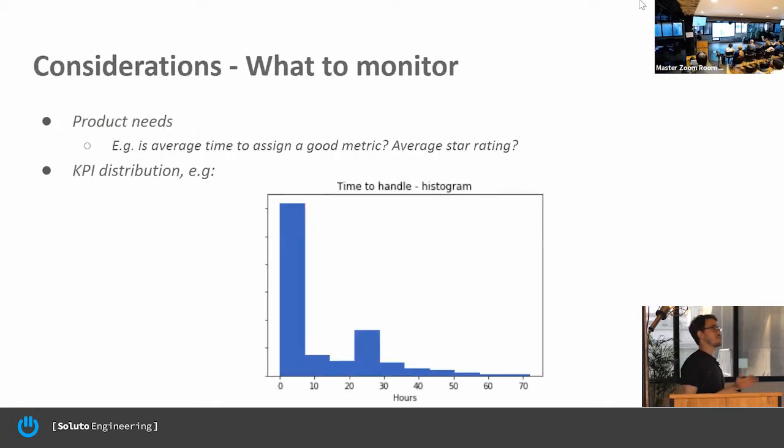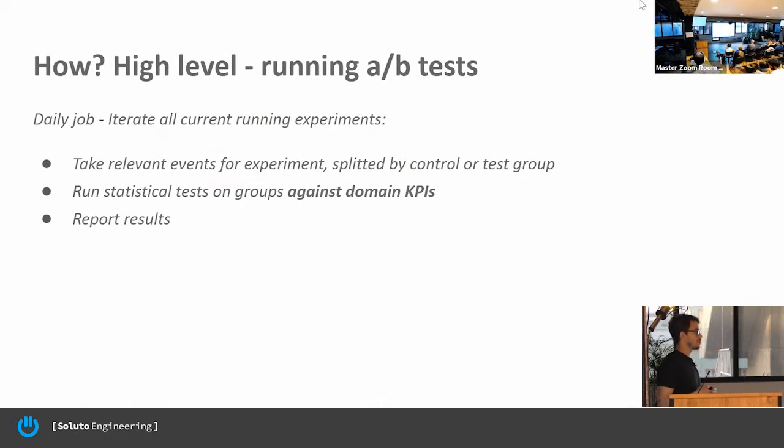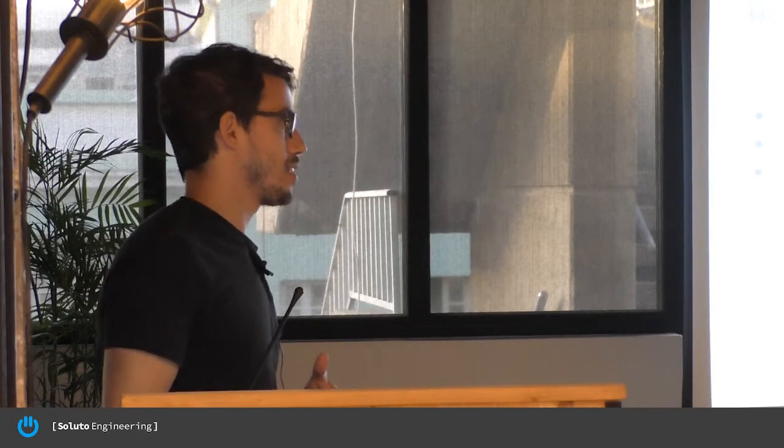Any questions so far? Are you also handling multiple experiments at the same time, or do you have enough customers? So now we are kind of avoiding this question because we don't run too many experiments. When we get to the point that there are tons of experiments and they are bothering each other, then I think we are in a great spot where we are very experimental, iterating very fast, and then we will need to think of how we do it. So we haven't got to those issues. When we get to those issues, it will be great.